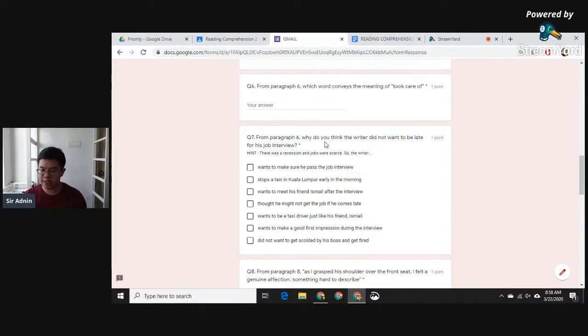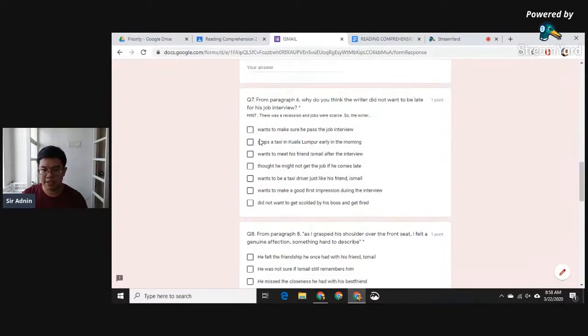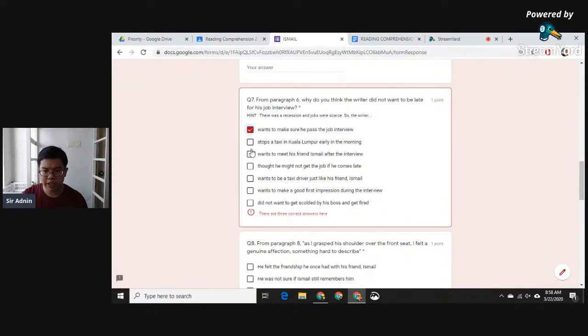So jawapannya mungkin still ada dalam petikan tapi they don't know whether they might want you to create your own sentence, or there's answers in the article, but you have to take the sentence from the article, and then elaborate sikit, huraikan sikit lagi. So for paragraph 6, why do you think the writer did not want to be late for his job interview? So basically, I just want you to read all the other answers here. If you check here,